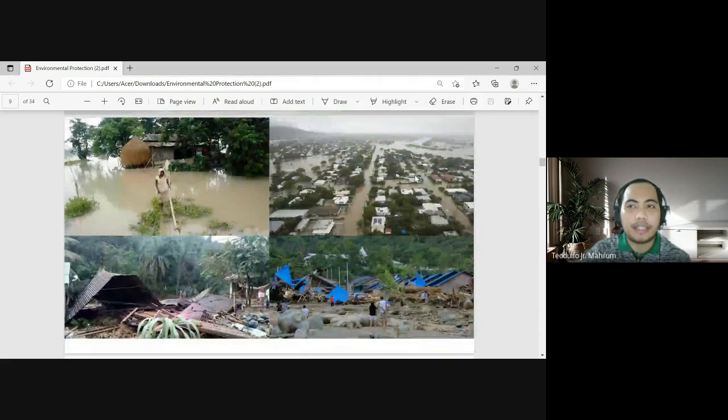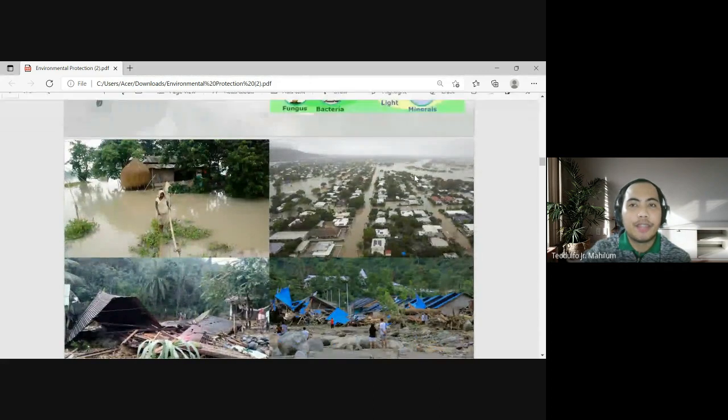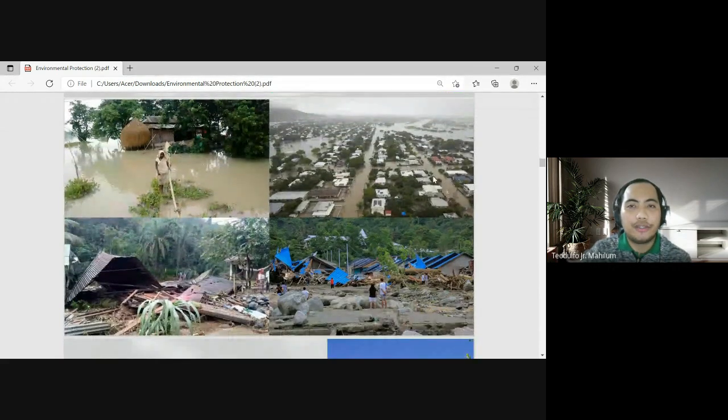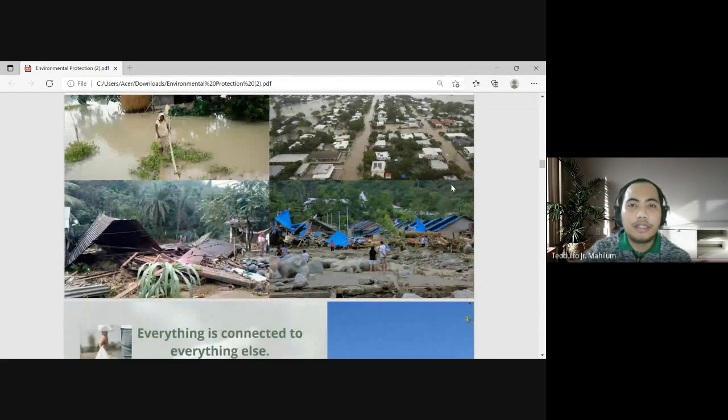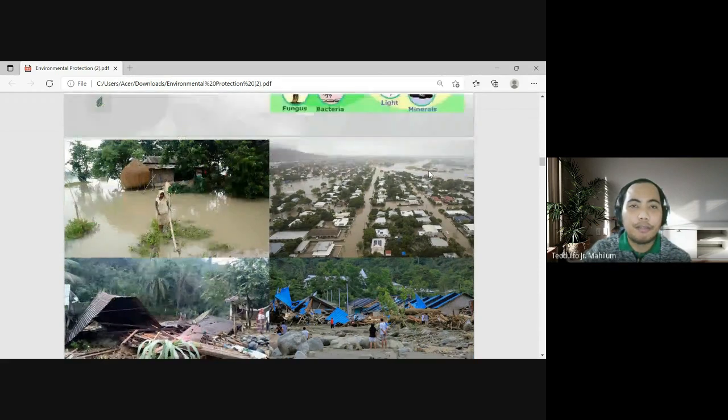So this is what happens when this results from our kapabayaan. If we continue to do our bad practices towards the environment, this will result in this. So this is the reason why we have this topic, for you to have an idea about brief information